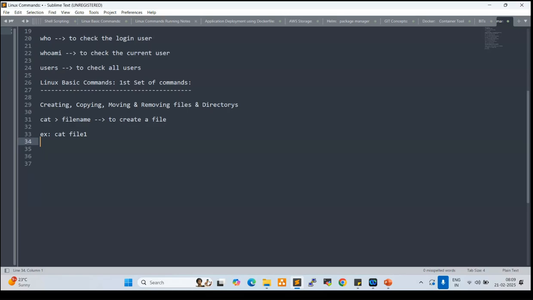It will wait for the content here. So here we need to add some content. Hello world. Once we add the content, to save the file, Control plus D.